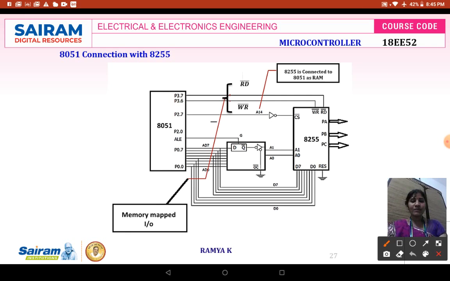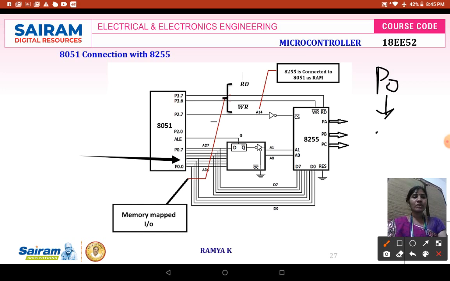In this, as we discussed, 8051 port P0, that is P0.0 to P0.7, is going to act as a multiplexed address bus and data bus. P0 is your 8-bit port in case of your 8051 microcontroller. This 8-bit port can act as an IO port, and the dual purpose of this is that it is going to act as a multiplexed address bus and data bus.